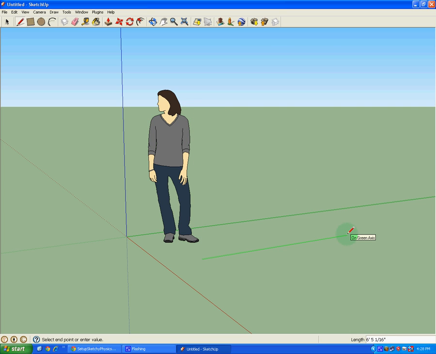And if you notice, as I'm moving around the line, it's telling me on green axis, on red axis, or on blue axis. Now we notice that red's going this way, green's going left to right, and blue's going up and down. And this helps us keep our orientation when we're drawing things, especially when we get inside of things. I'm just going to quickly draw a box,